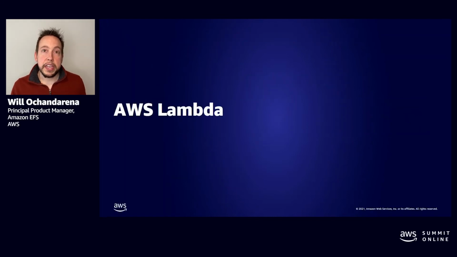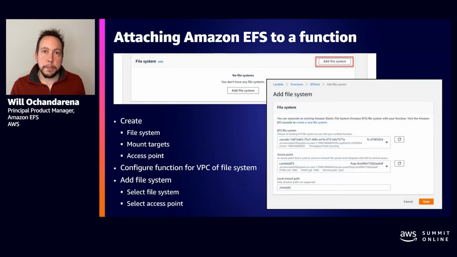Now last, how to get connected to a Lambda function. Here, again, I'll show an example using the console. Here, you simply create your Lambda function. You click on the button to add file system, specify which file system you want to add, which access points you want to connect using, and that's it. Of course, you want to make sure that your function is running in the same VPC as your file system and that security groups allow communication between your function network interface and EFS.